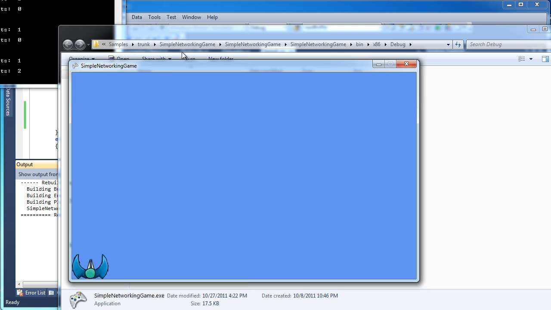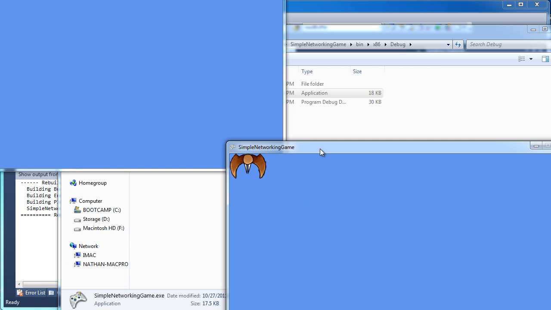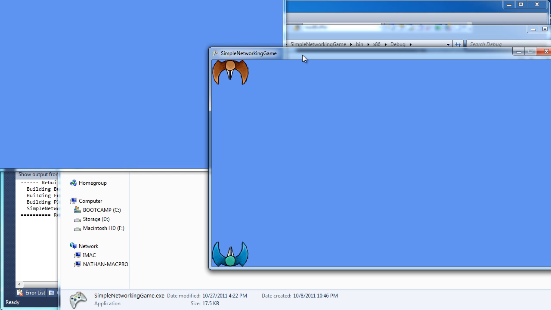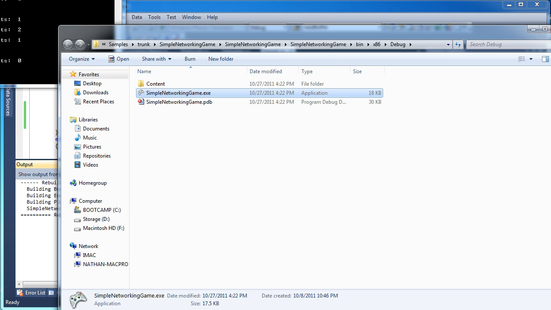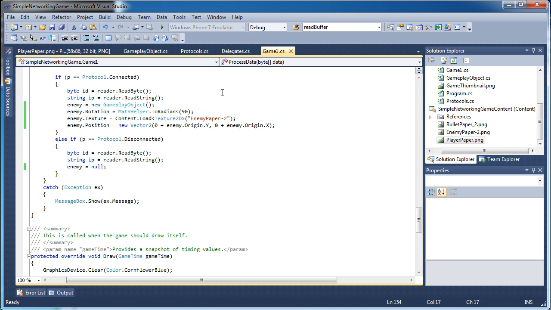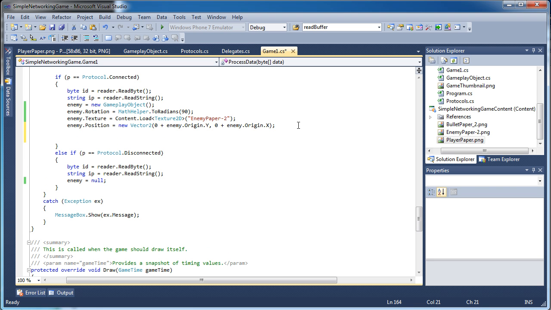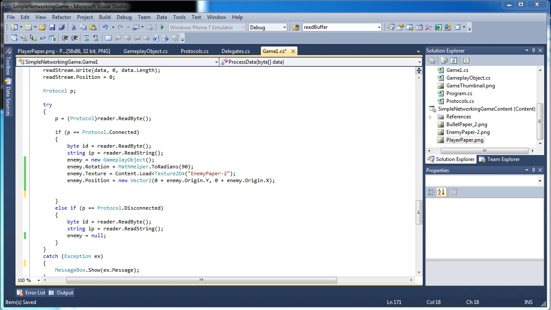Let's start another game. Alright, so the first player that connected got the enemy. However, the second player that connected did not get the enemy. So what we need to do is, okay, so we know that the first one's fine because we received, hey, a player connected. So now we need to send that same information to the other enemy. So we actually need to build a way to send it an authentication message, which means player 1